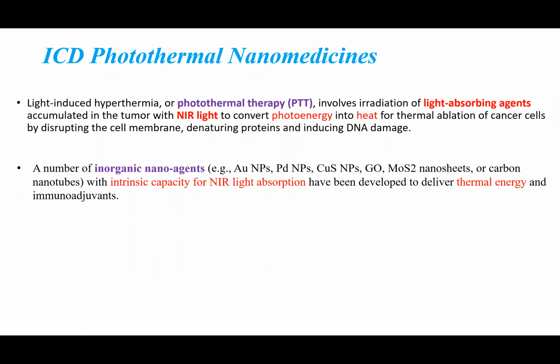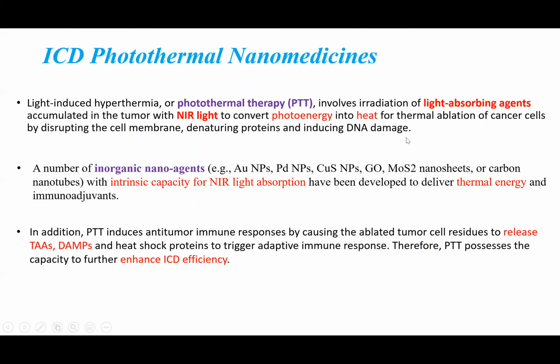A third type of ICD nanomedicine acts by photothermal therapy. Here we have some light-absorbing agents, usually inorganic nanoparticles like gold or palladium nanoparticles. Those agents have the power to absorb light and convert the photo energy of light into thermal energy. And this thermal energy usually kills the cancer cells by disrupting the cell membrane, denaturing the proteins, and inducing DNA